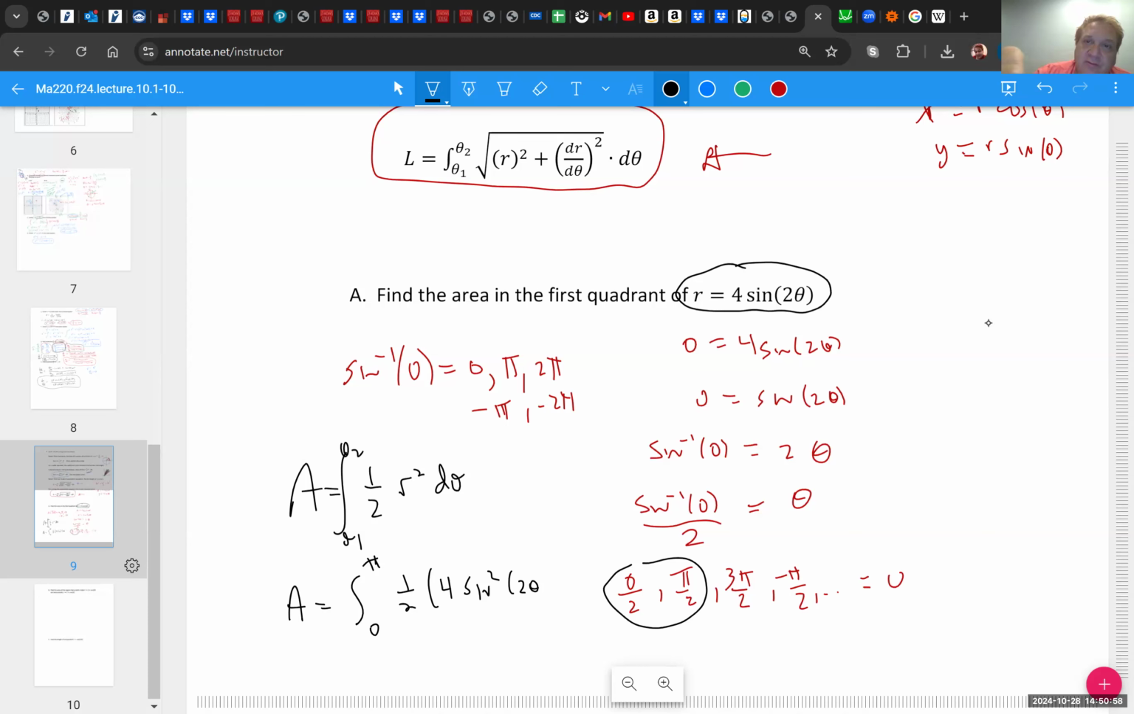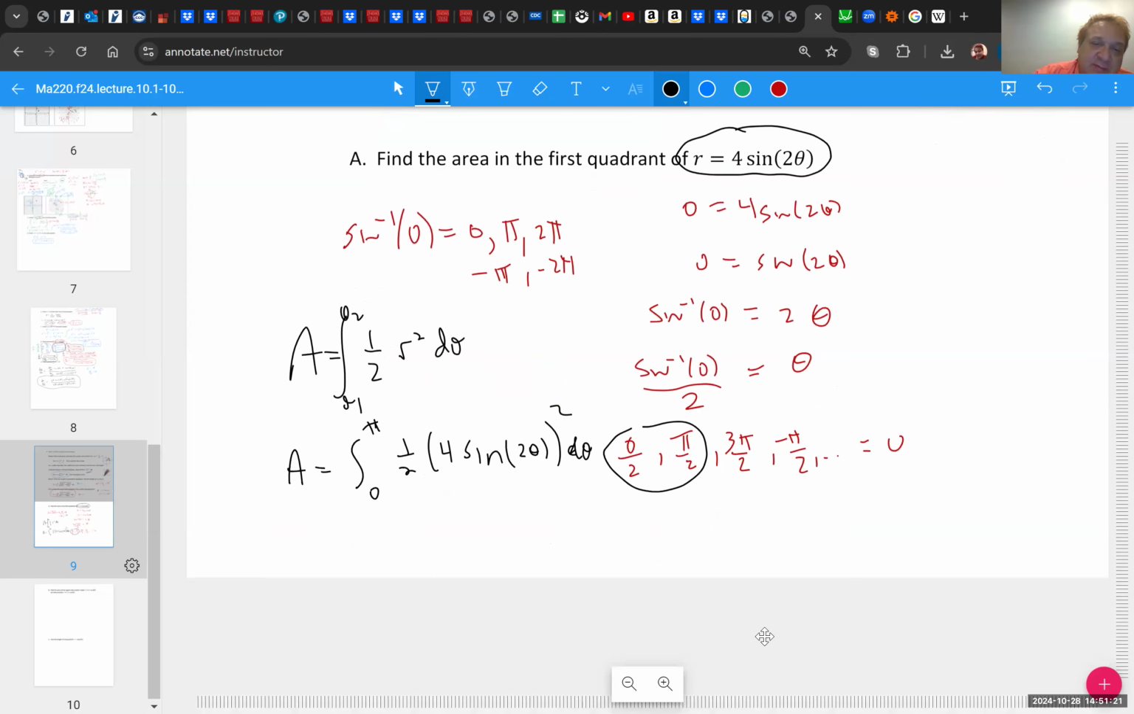It's 4 sine 2 theta all squared. I put the square in the wrong place, right? So let me see if I can fix that. 4 sine 2 theta squared, 1/2 r squared d theta. Okay, so assuming that I got that straight, and I can maybe simplify this a little bit,